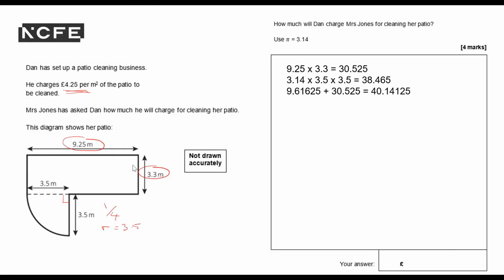Have I answered the question? No, the question says, how much will Dan charge? So he charges £4.25 per metre squared. So my answer's in metres squared. So if I just multiply what's already in my calculator by £4.25, times 4.25 equals